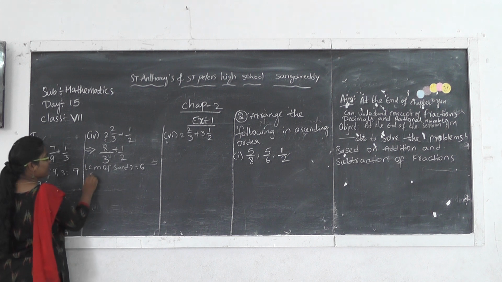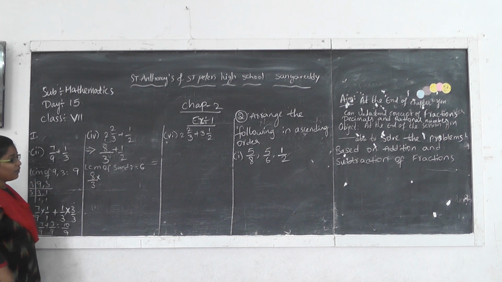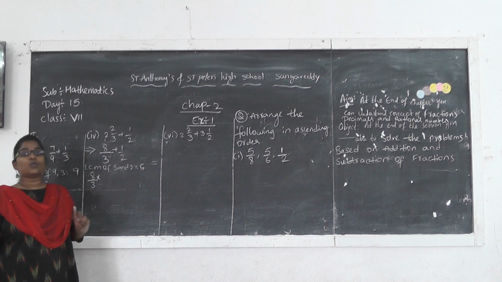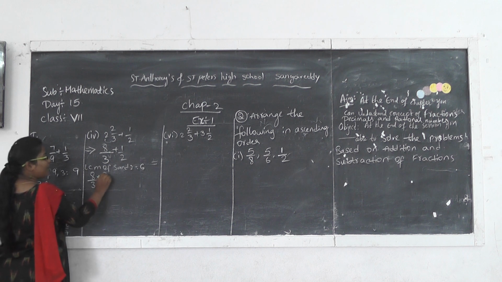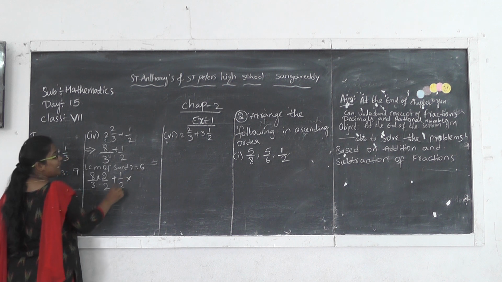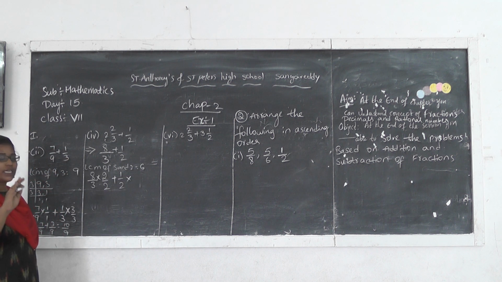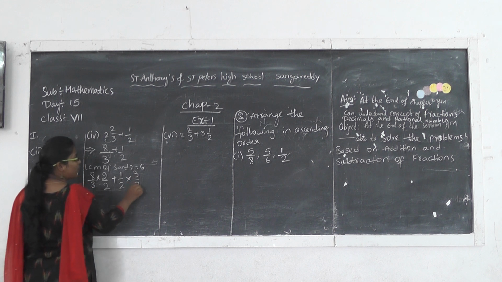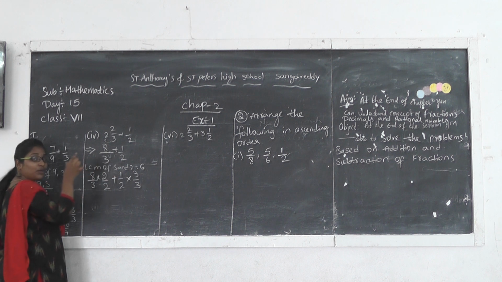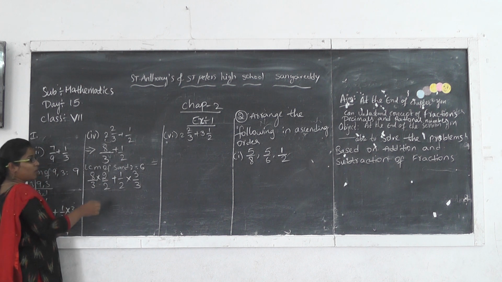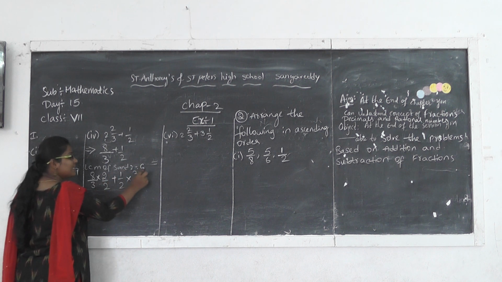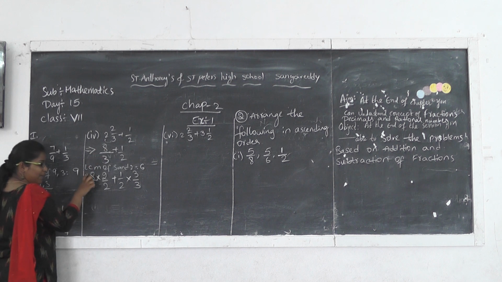Now take first 8 by 3. What is the first step now? The denominator is 3, and the LCM here is 6. In the 3 table, 6 comes at 2 times, 3 2s are 6. So multiply both numerator and denominator by 2. Plus 1 by 2: in the 2 table, 6 comes at 3 times, 2 3s are 6. So multiply both numerator and denominator by 3. Are you able to understand? First, these both are unlike fractions. What do we have to do? We have to convert them into like fractions by taking the LCM. Since there is no common factor, we can directly multiply, 3 2s are 6. Now what is the question? 8 by 3. Take 8 by 3.